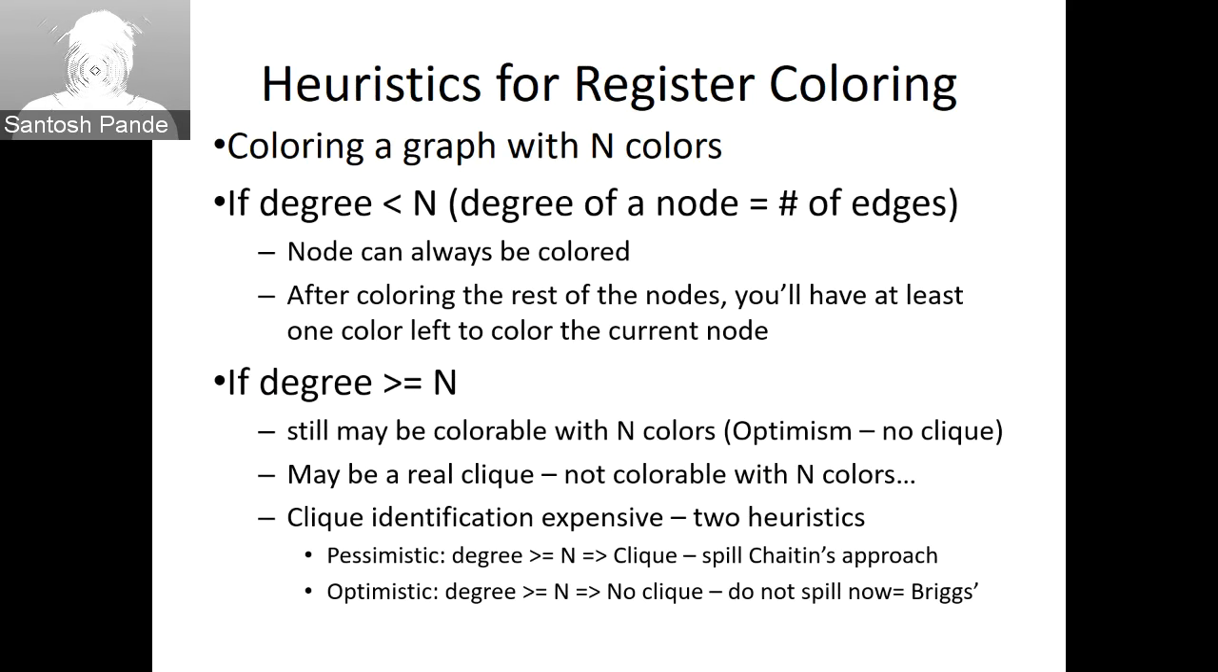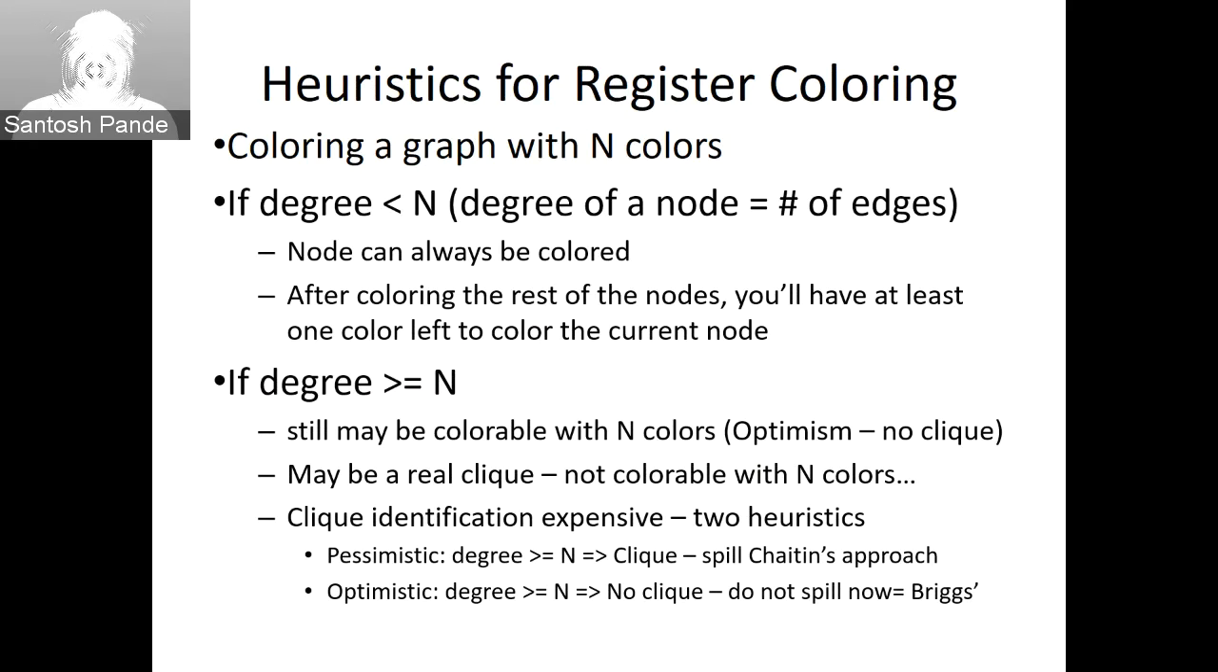Some of my neighbors will share the colors. Definitely, they are all not interfering with each other, and they are not forming a clique. Under that assumption, do something: order their coloring and then do the coloring. The other assumption is no, they will form a clique, and because of which carry out a spill right now. Take the least spill cost node, carry out a spill, simplify the graph, remove this node from the graph, and